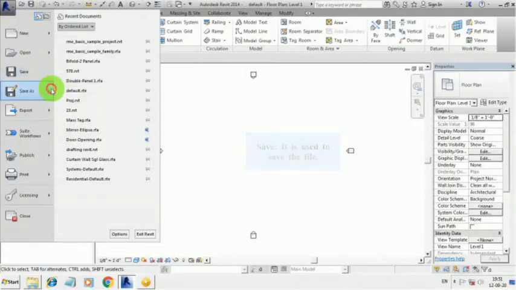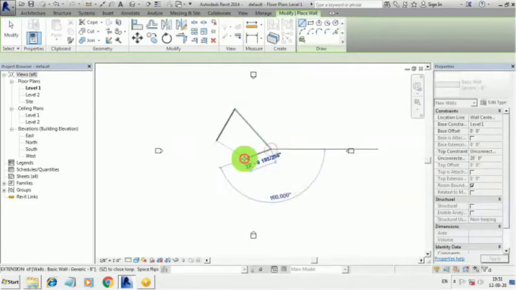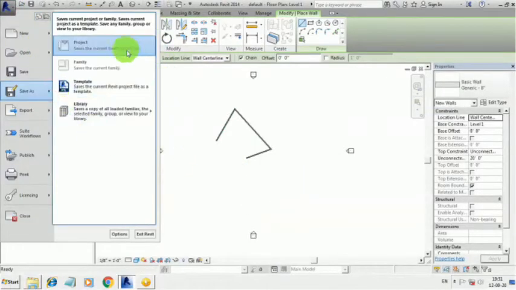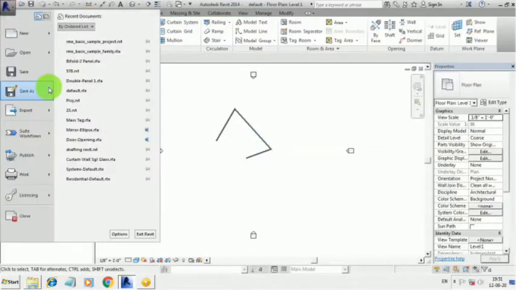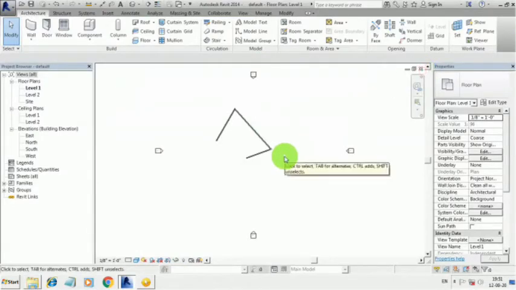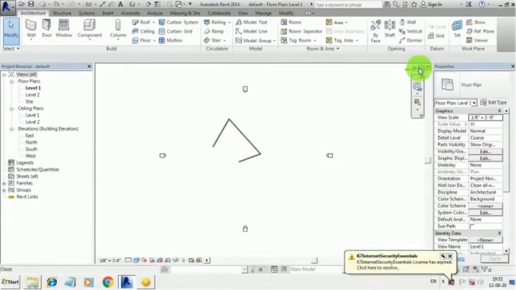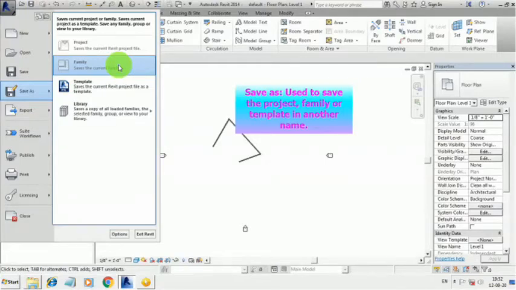So you can use the shortcut Ctrl plus S. The Save As option is used to save the project, family, or template under alternative names. You can see the Project option is disabled because the file is not saved yet.